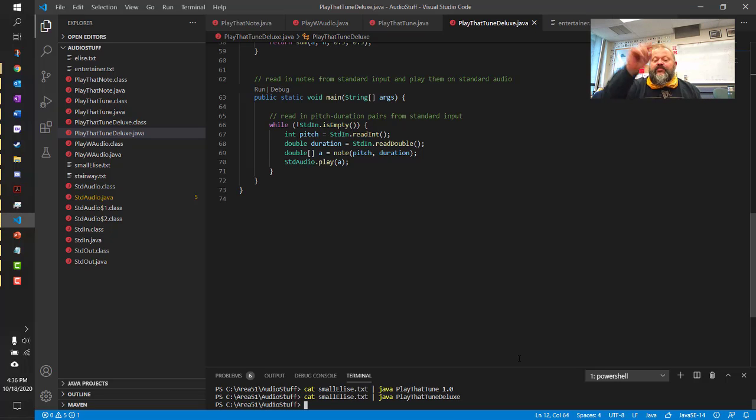That's the new one. That's Play That Tune Deluxe. So that's the difference you get when you add the harmonics. It's richer. It sounds better. It sounds more natural to our ears because there's a lot of things going on with frequencies when we play